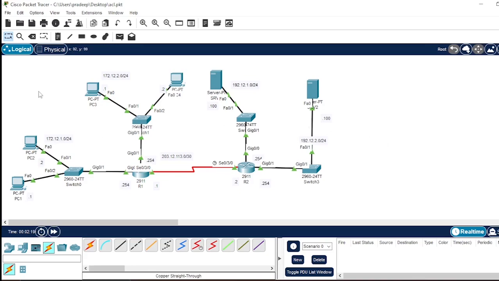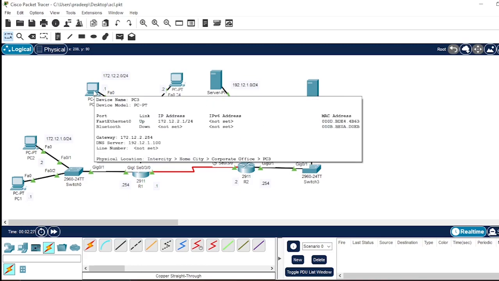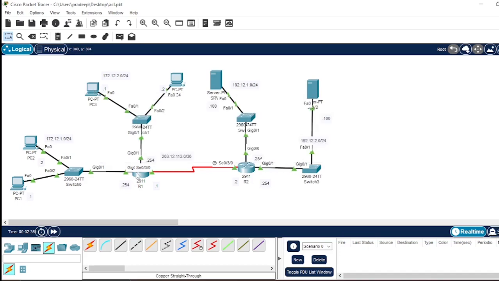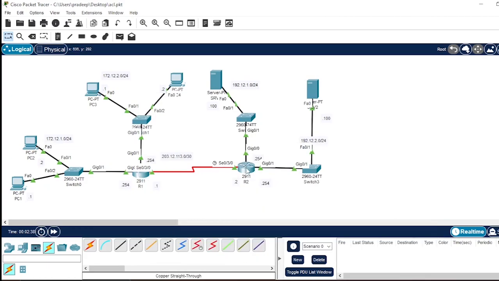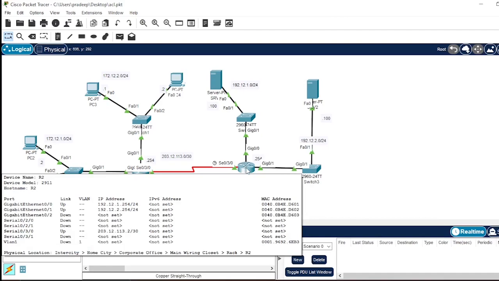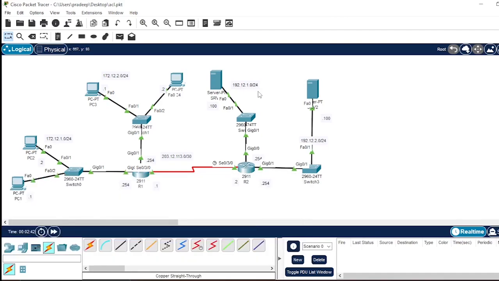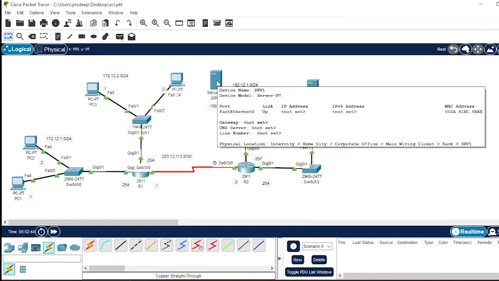You can see today's diagram. I have already assigned the IP addresses. You can see this PC's IP address, gateway and DNS server address are already assigned. On all the routers, all the interfaces already have IP addresses. Okay, first step, now I move to this SRv1